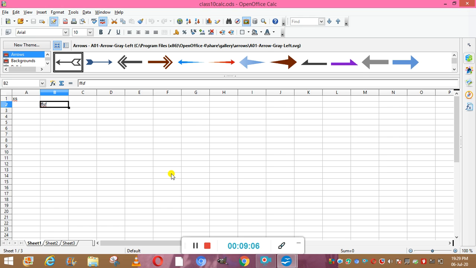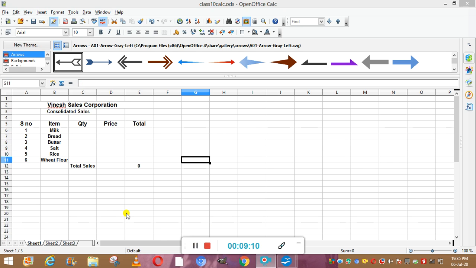So first I am going to create that sheet. Now I have created this worksheet. The heading is Vinesh Sales Corporation. This is the sheet regarding consolidated sales. We have 5 columns: serial number, item, quantity, price, and the total. We have 6 products: milk, bread, butter, salt, rice, and wheat flour. After that we have the total sales of all these things.